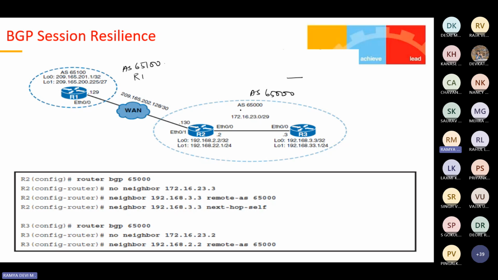Inside autonomous system 65000, we have two routers, R2 and R3, which will be connected by IBGP. Instead of peering via physical interface IPs, R2 and R3 will establish IBGP sessions with the help of